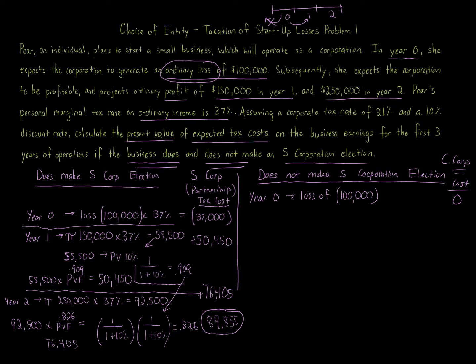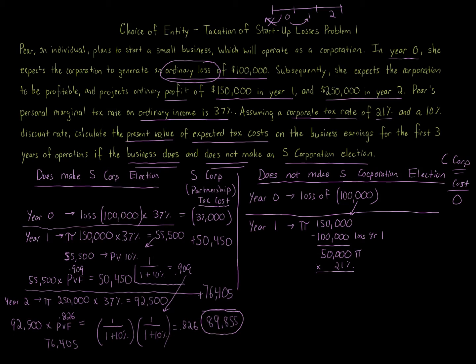So the idea is this $100,000 loss, we're going to carry it forward to the next years, and then it will offset any income that comes along. So that's year zero: no effect, no tax cost, no tax savings. In year one we have a profit of $150,000, but we're allowed to carry over this $100,000 loss. So we subtract the loss from year one and get $50,000 of profit. We multiply that $50,000 of profit times our tax rate. Since we're a corporation, the tax rate is 21%, as we're told in the problem. So $50,000 times 21%